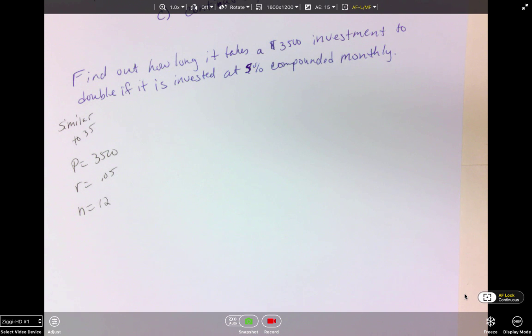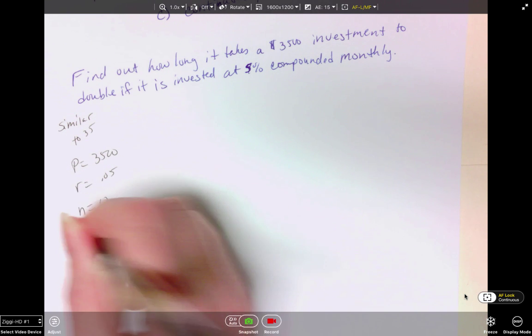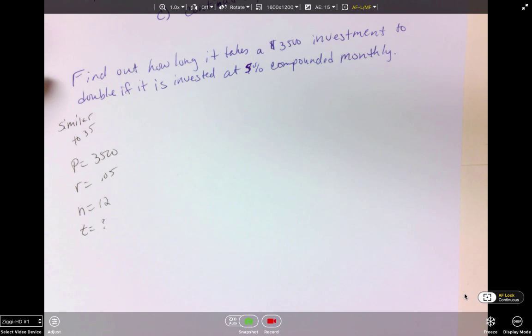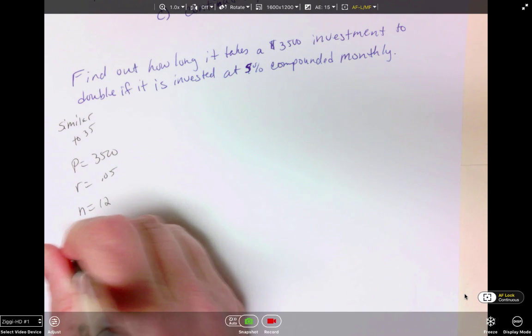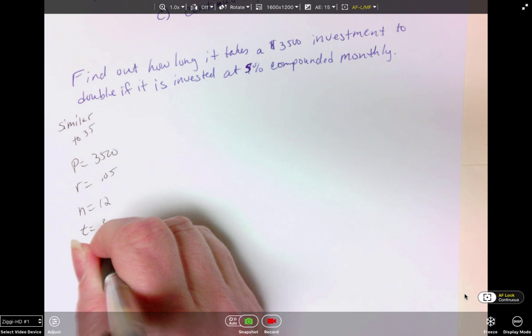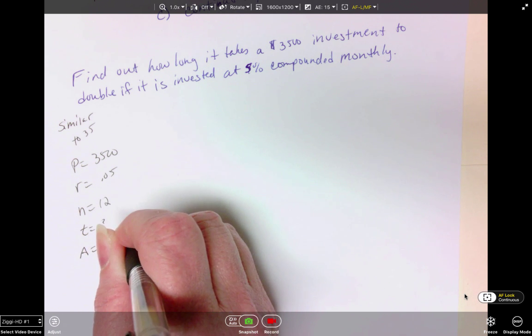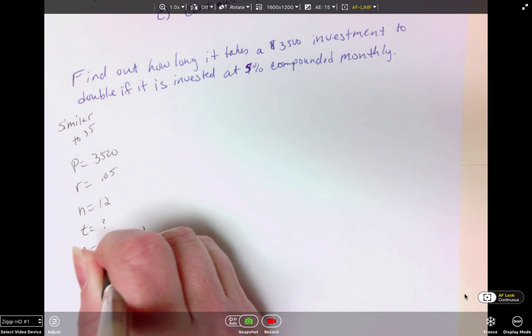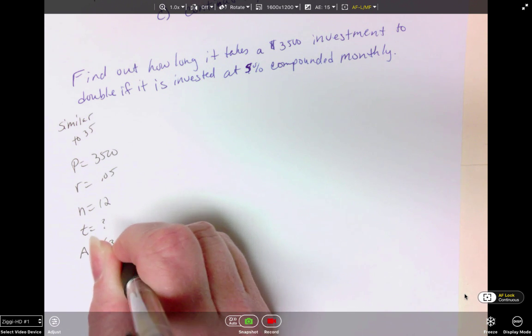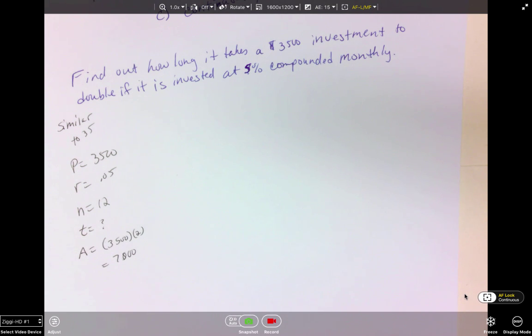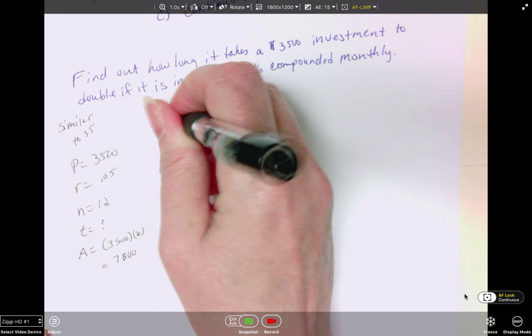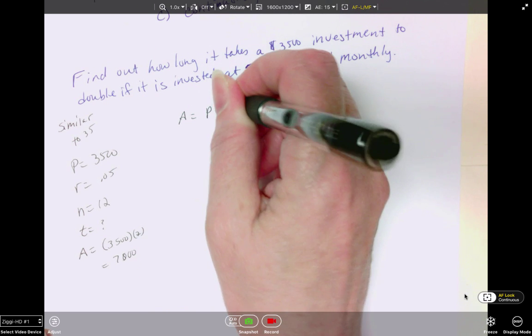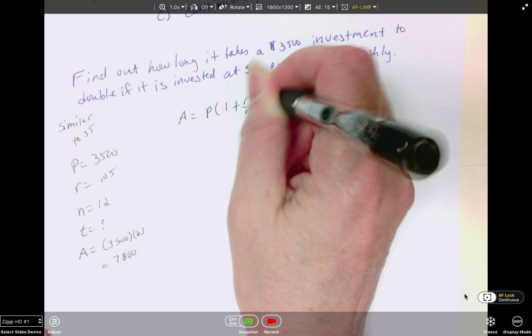And we don't have a time on this. It says how long. We're looking for T. So T is what we want to find. But it says that the investment doubled. That would be the accumulated value. So A will be 3,500 times 2, which will equal 7,000. So that's what our goal is to get to. So if we use our formula of A equals P times 1 plus R over N raised to the NT,